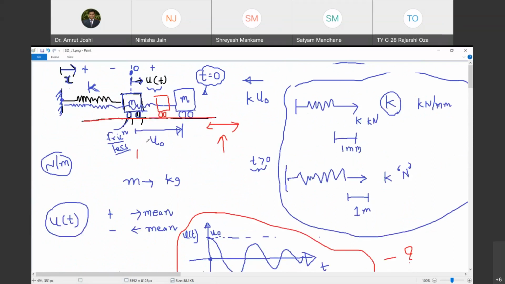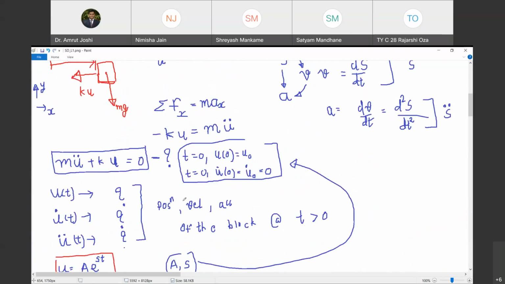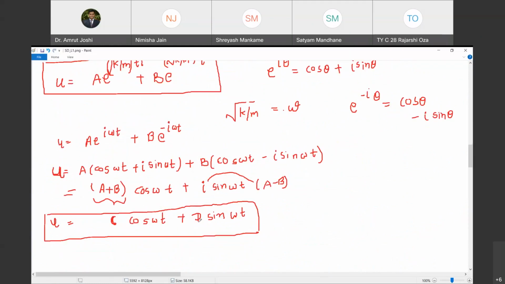So in a nutshell, today we started with a simple problem. We did not discuss what we mean by dynamics, how rigid body dynamics is different from structural dynamics, what the uses are, or what the real life examples are where we are going to use structural dynamics. We have delayed that discussion a bit. First of all, we are going to solve this problem tomorrow. Tomorrow we are going to interpret the results, and then we will come back to that question. Are you with me? Okay, sir. So for today, we are going to stop here.